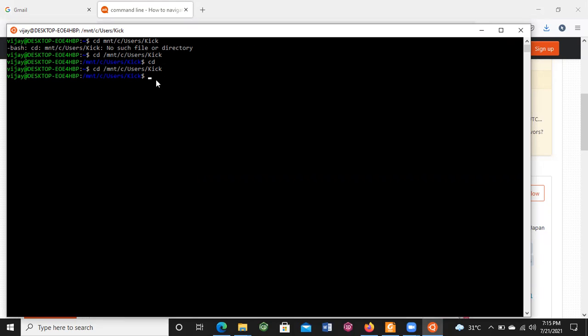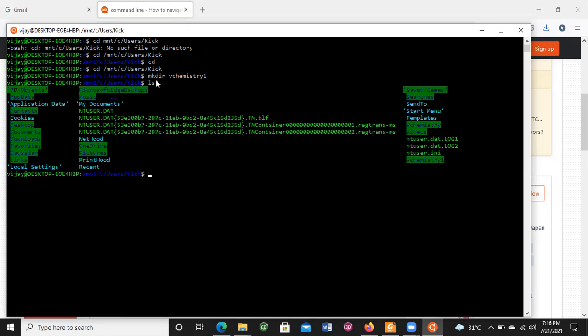That will be the ligand. Here I am creating a new folder with the command mkdir, and this will be vchemistry1, which is also the name of my YouTube channel. Now first of all, check whether this folder was created or not.